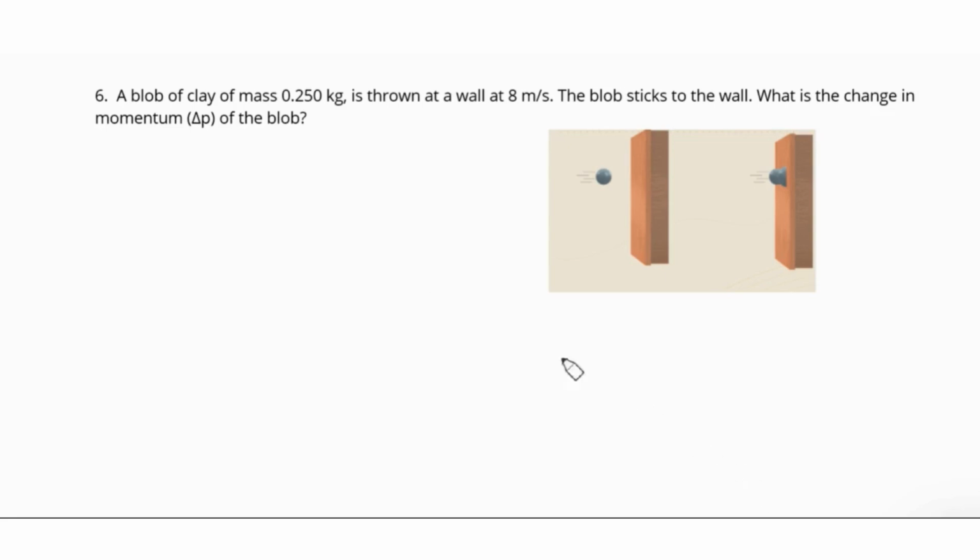Okay, one last final case. A blob of clay of mass 0.25 kg is thrown at a wall at 8 meters per second. The blob sticks to the wall. What is the change in momentum of the blob? And again, you could pause this video and work it out on your own. It's pretty straightforward. Delta P equals m times (vf minus vi). Delta P is